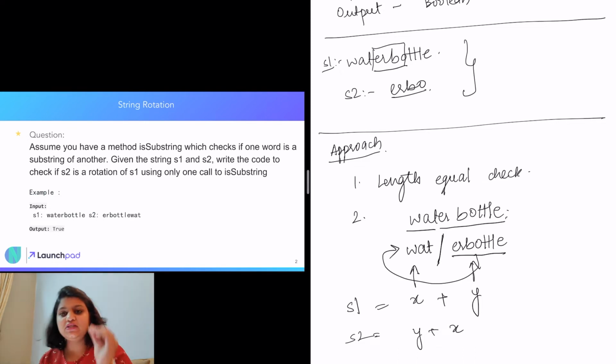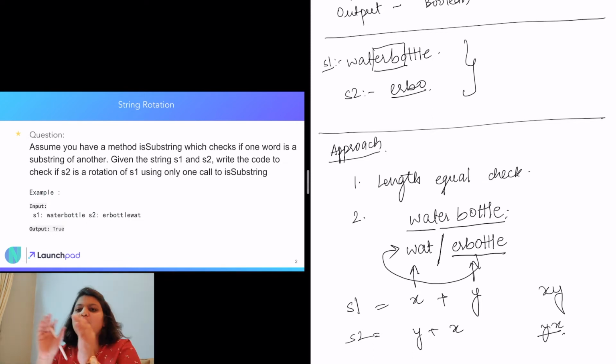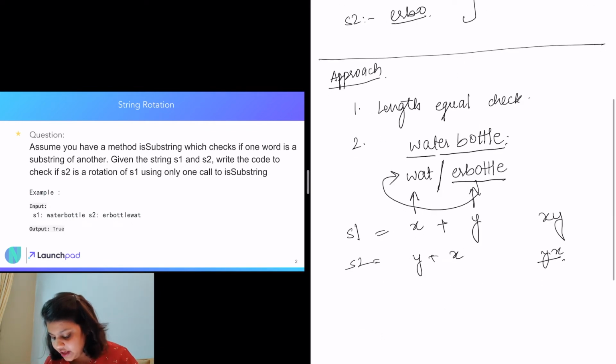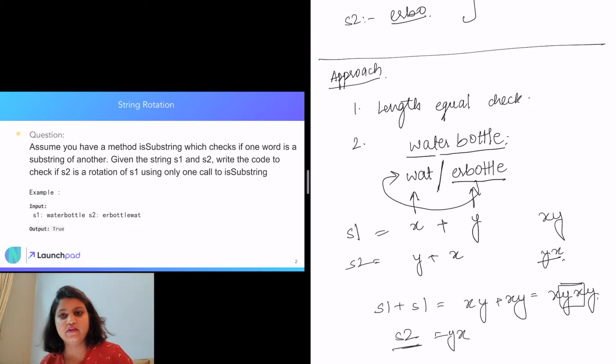Looking at this XY and YX, YX is not a substring of XY, because we cannot make any combination in which YX is a substring of XY. But if we concatenate S1 with itself, that means we have XY plus XY, which becomes XYXY. Then if you see S2, which is YX, you are able to find that substring here, right?